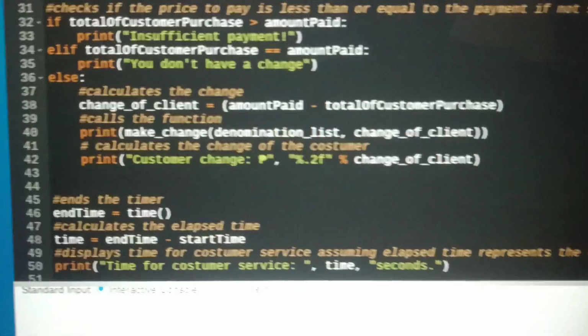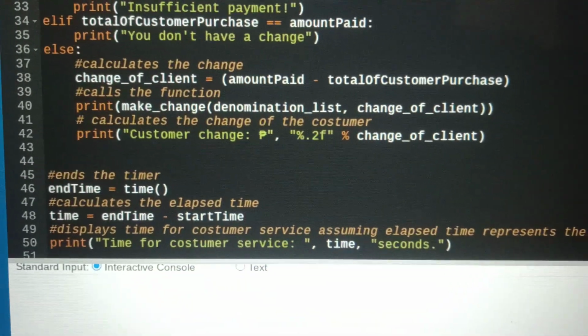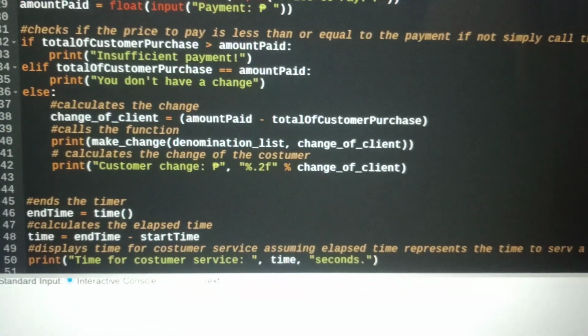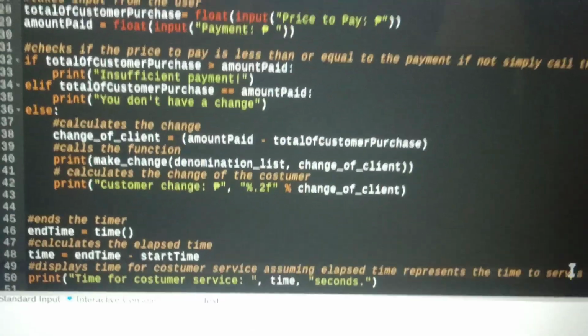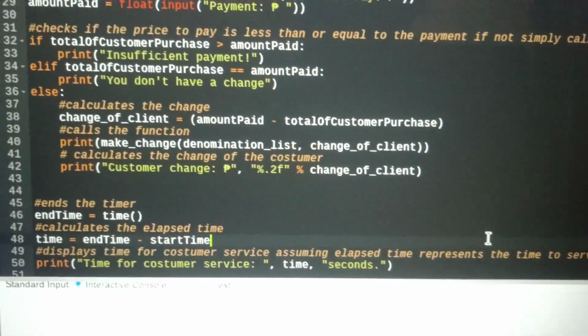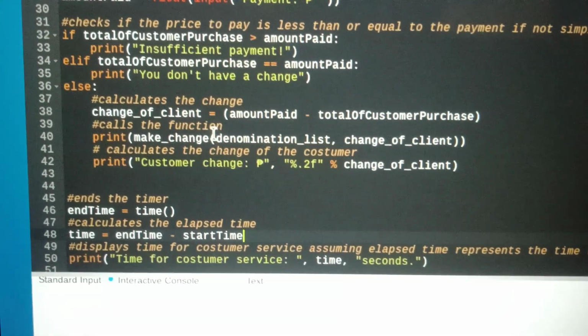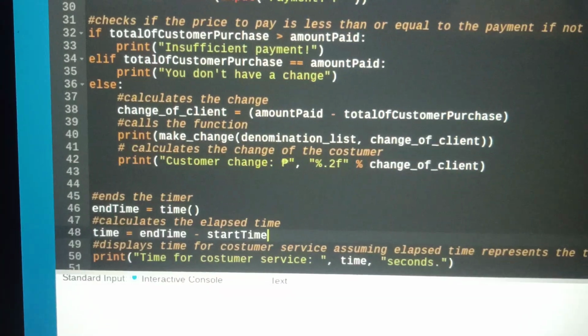Lastly, line number 49 displays the time for customer service, assuming elapsed time represents the time to serve a customer. To serve a customer, we print the time for customer service is equal to the time in seconds. If we run this program,